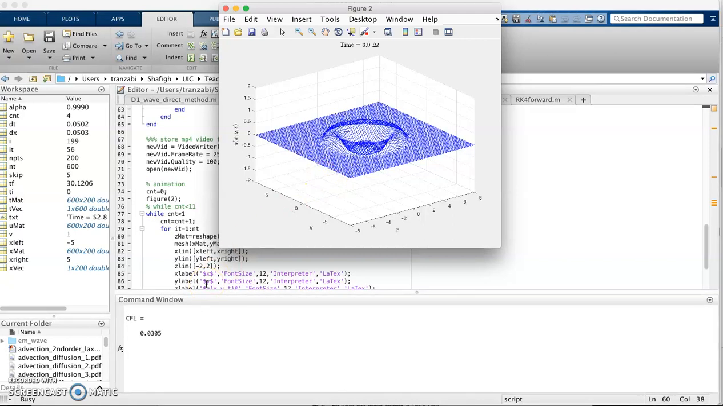Alright, so that was the discretization of the wave equation using the direct method. So stay tuned for the diffusion